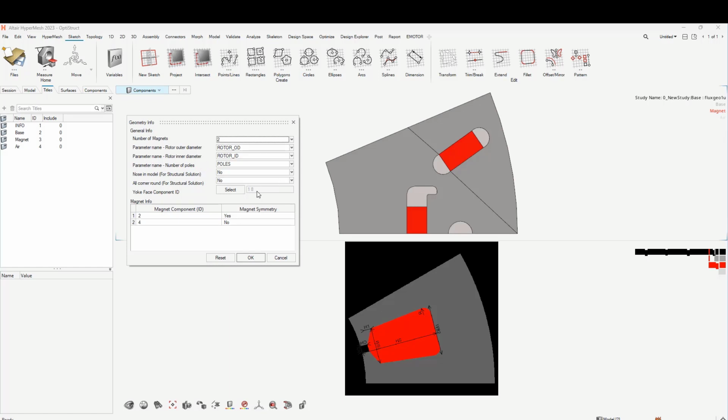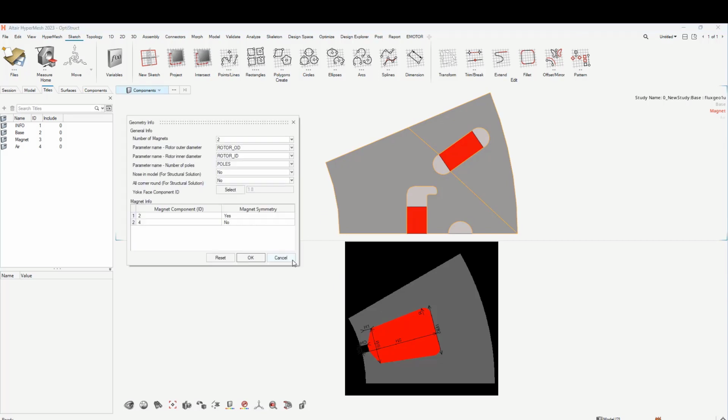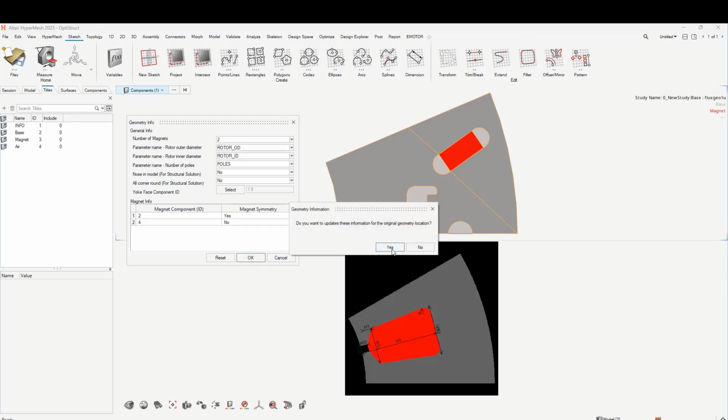then you need to enter the yoke face component. So to do that, you need to select the yoke face component and then click OK. You need to make sure whether the symmetry for both the magnets in the rotor is correct or not. So for example, magnet component 2 is in symmetry and magnet component 4 is not in symmetry. That's because 4 is away from the symmetry and the other one is towards it. And once it is okay, click on OK